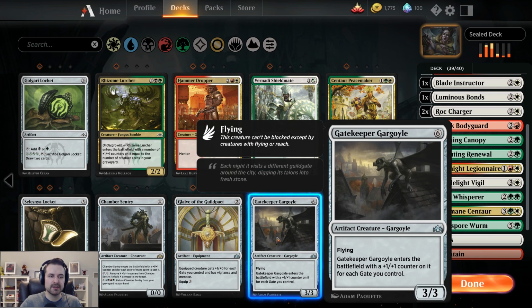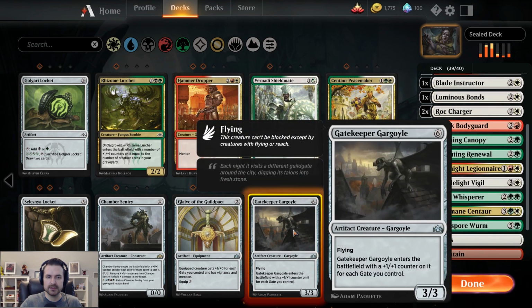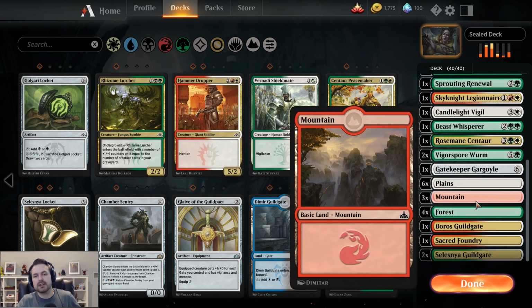The downside is because it's an artifact creature, if other people are running artifact removal, they can kill this as well. But, you know, even if we don't have gates, and this is just a 3/3 flyer, sometimes that's enough. Flying is really important, but I like the idea of this potentially being a 6/6 flyer for us. So we're going to go and do that, and then I'm just going to go through and kind of double